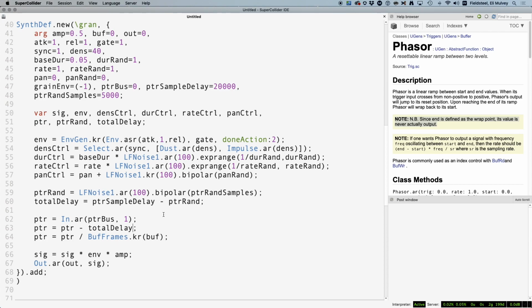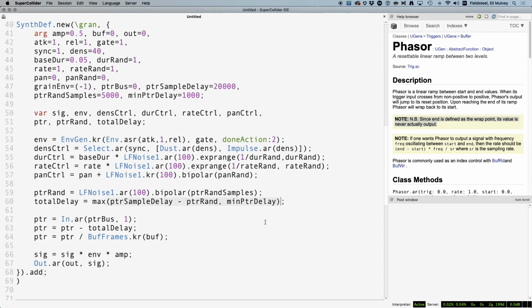Now here there's another possible issue. There's nothing in place to prevent the user from specifying a small base pointer delay and a large amount of randomness, in which case total delay would often push the grain pointer forward in such a way that we'd very likely be capturing the buffer discontinuity in the grains, and that's what we're trying to avoid. So it'd be a really good idea to implement some sort of safety mechanism that forces total delay to be greater than some established minimum. And a very easy way to do this is to use max, which compares two values and takes whichever is